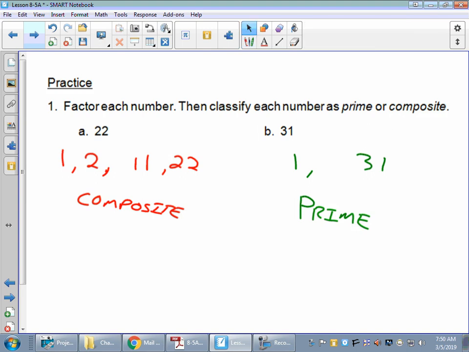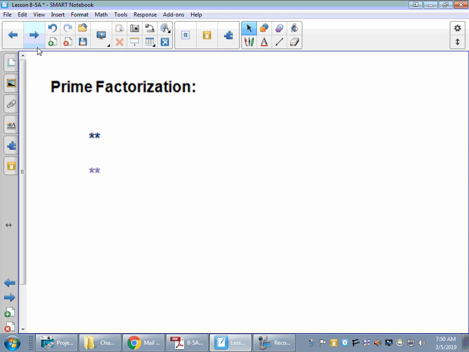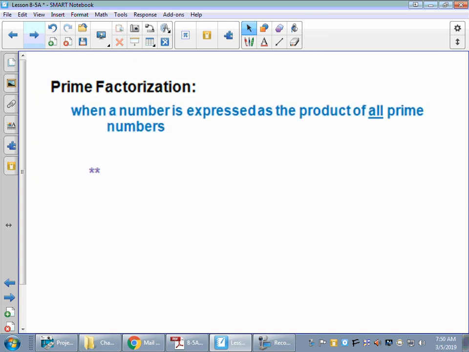And 31. Okay, so that brings us to the next part, prime factorization. When a number is expressed, I'll give you what that means first. I'll put the definition up there for you. When a number is expressed as the product of all prime numbers. Okay, so what that means, we're going to break down the number, and eventually you're going to have all prime numbers that multiply to